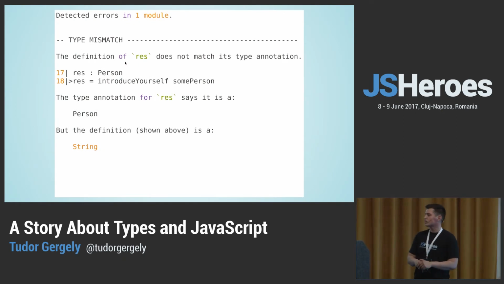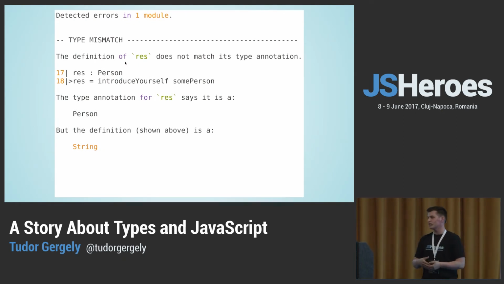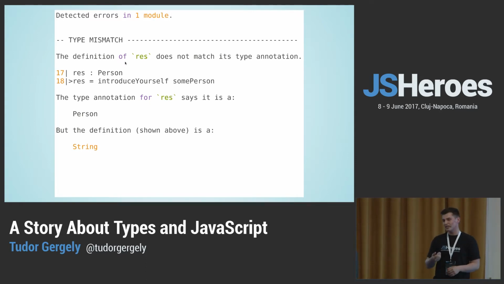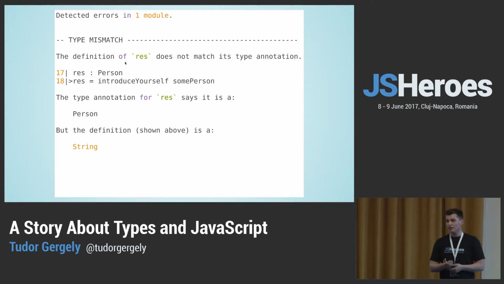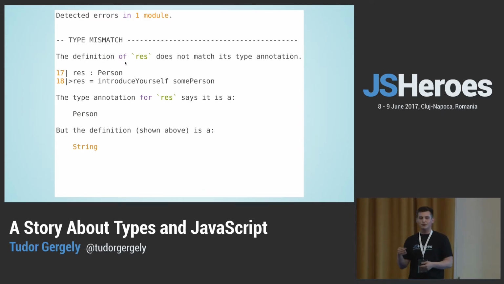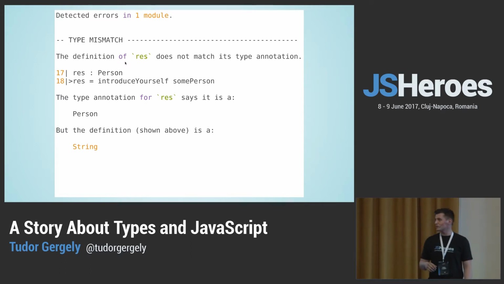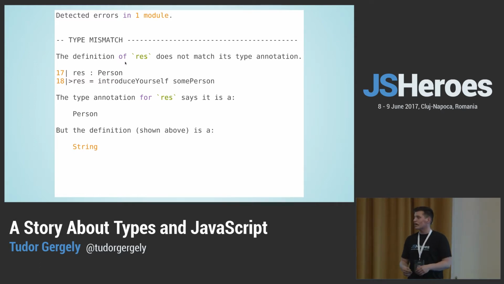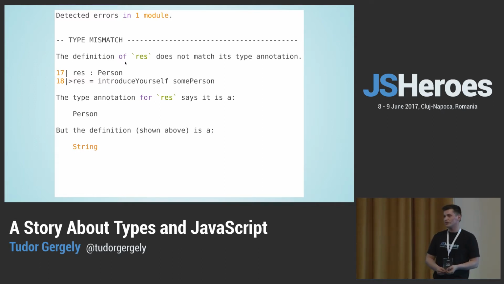An error looks like this, really descriptive. It will tell you the line, it will tell you what it expected in a beautiful way. It can even suggest types you didn't know about. If you put a wrong return type somewhere, it will suggest that your function returns a number, but you said it should return a string, so choose one of those. This is great. This is really great. And they actually have no runtime errors, which is even better.